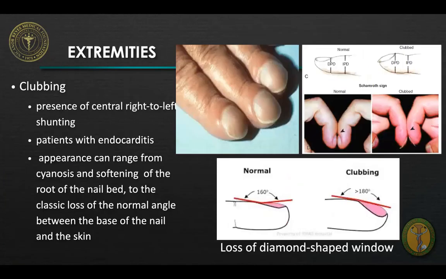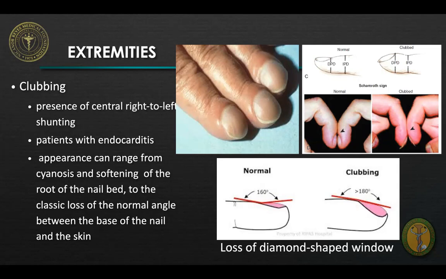Cardiovascular findings may also be seen in the extremities. You have to take note of the temperature and color of the extremities. For example, in patients with peripheral arterial occlusive disease, you find cool extremities, or the presence of clubbing, arachnodactyly, or long fingers, and pertinent nail findings can be surmised quickly during this examination.